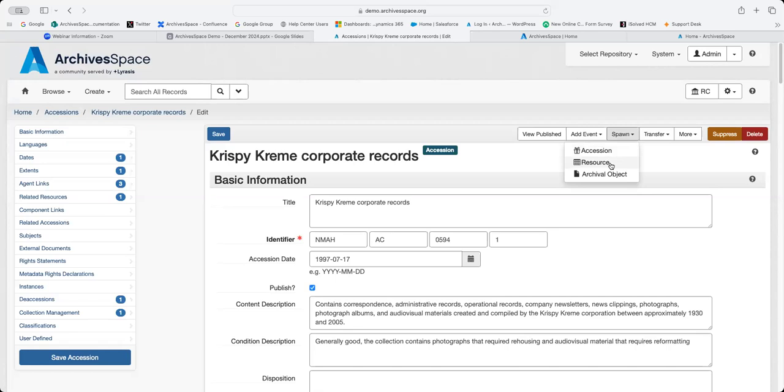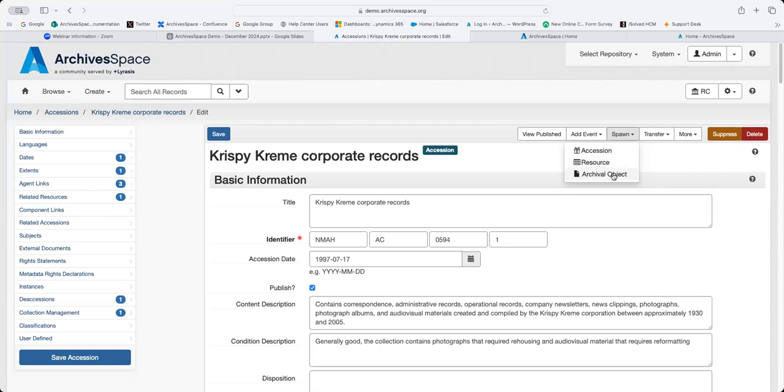Same is true for a resource record. If it's time to process this new accession, you don't really want to have to take all of this work that you've already done and put it into a new resource record. So some of that information will map over to the new resource record. Not all, because it's not all the same. The information you record in an accession record isn't the same for a resource record. It also does not bring over any sort of lists or anything to create your hierarchy. You have to do that yourself.